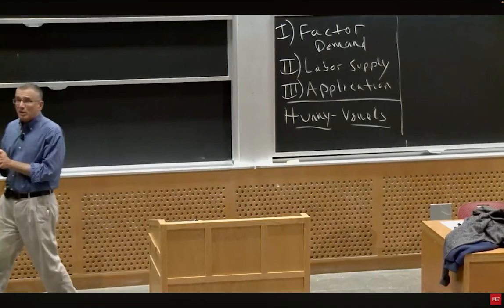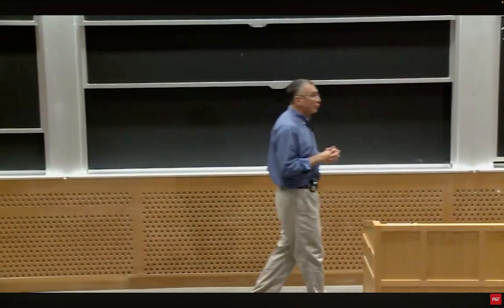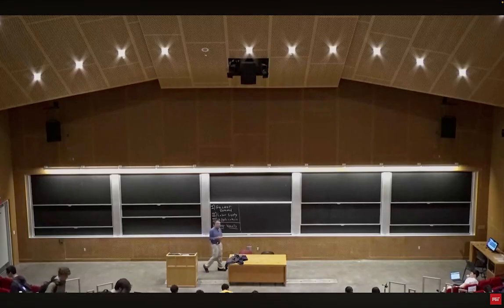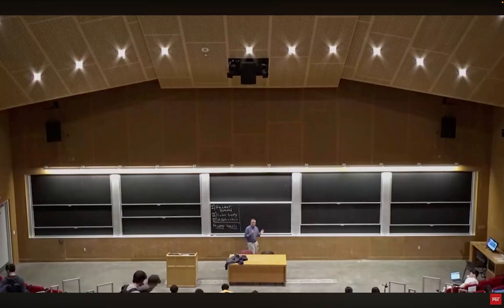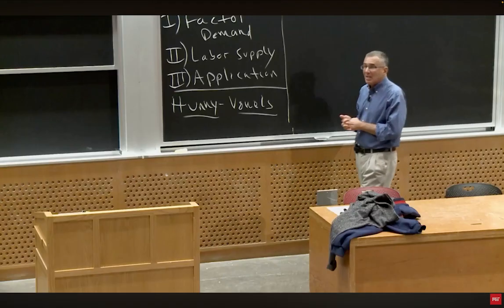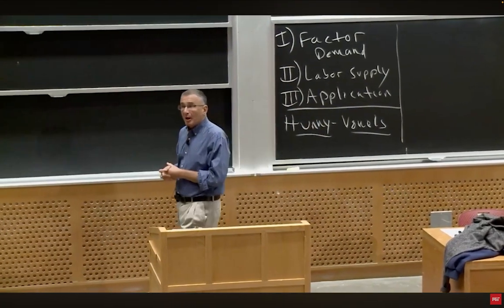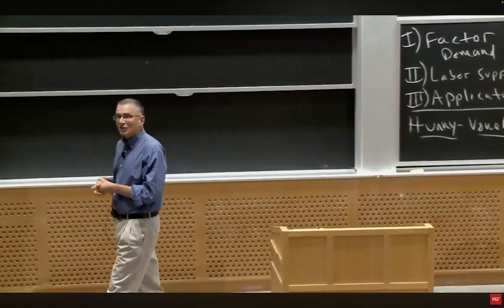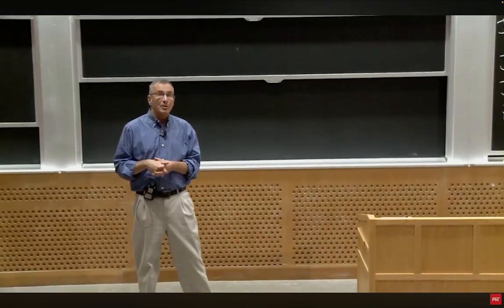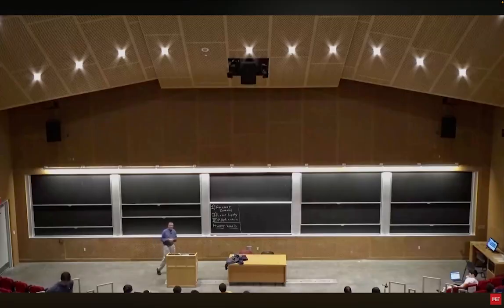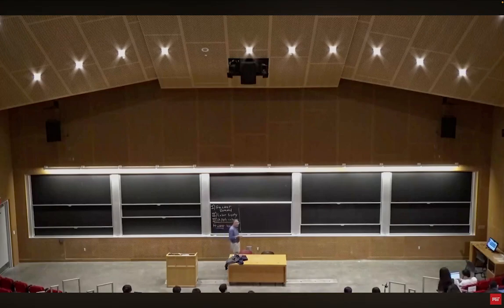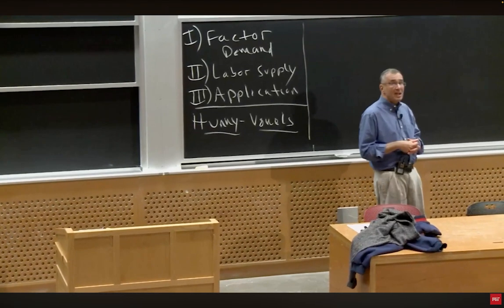Today we are going to start the second half of the course. The first half of the course was about essentially following up on lecture 1 and deriving demand and supply curves. So you now know, and have been painfully tested on, how you can take the primitives of consumer preferences and the primitives of production functions and come up with